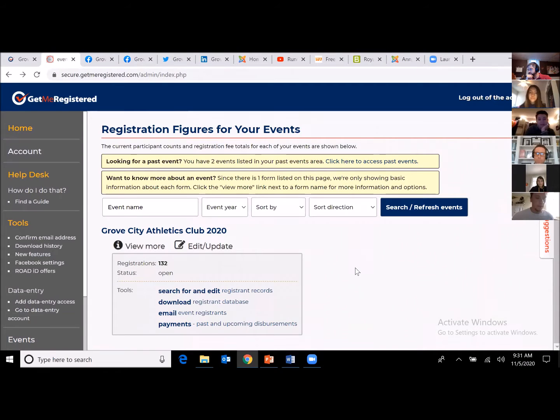So is that just for running events, or can you do it for other types of events? No, yeah, that's why it's called Get Me Registered. You could do it for anything. It could be a wrestling tournament, a triathlon, a basketball tournament. Whatever you want to use it for, the company will assist you in setting up the registration questions that you want collected. So if I do edit,